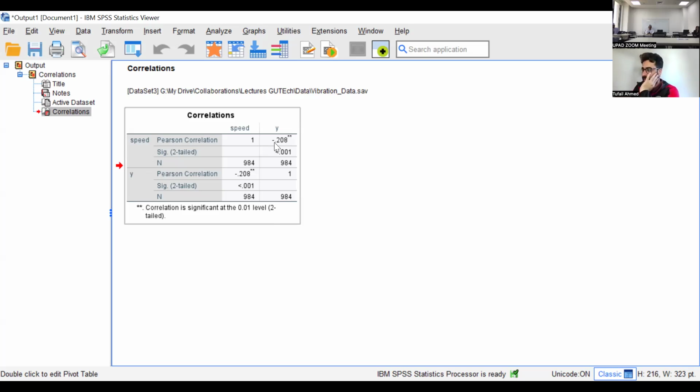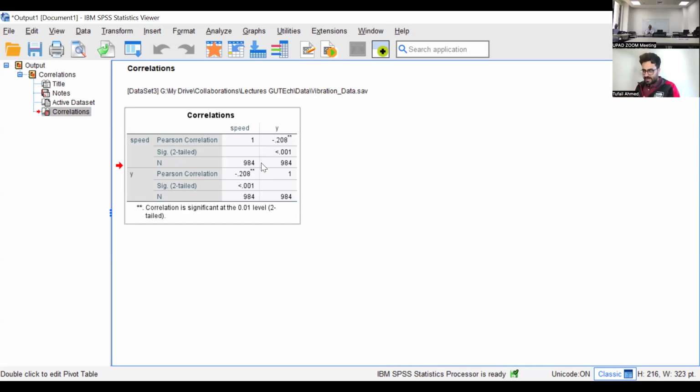Okay, then it means that if there is no minus, correlation can be either negative, or it can be positive, or it can be zero. One is perfect correlation. I'm explaining it. If you have positive one, that means that if one variable increases, the other will increase with it.